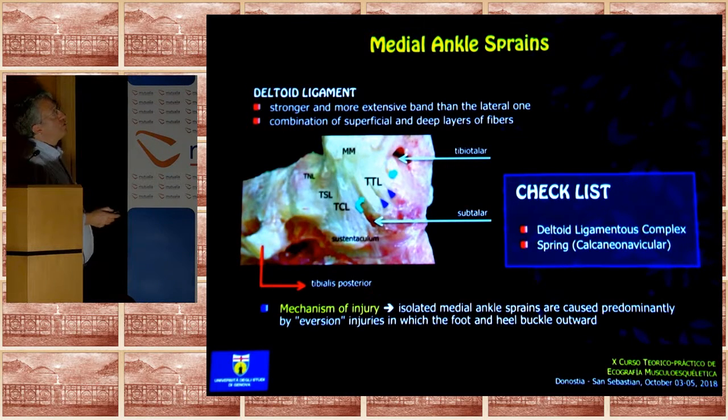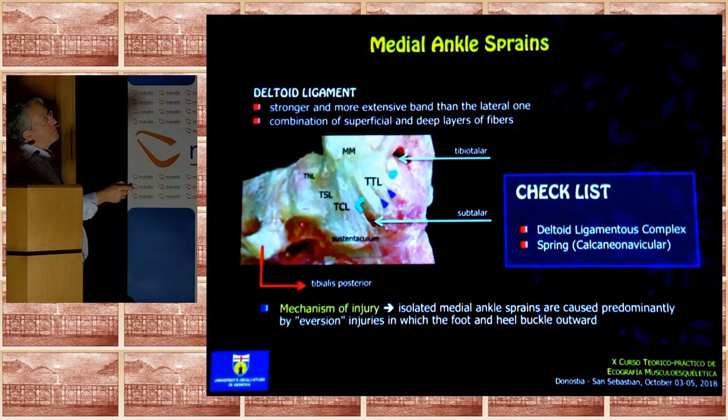This is a posterior medial view of the ankle, and you see the level of the tibio-talar joint. This is the posterior dome. This is the level of the subtalar joint, with the sustentaculum tali located here. This is the prominence of the medial malleolus, and in this view you understand the real structure of